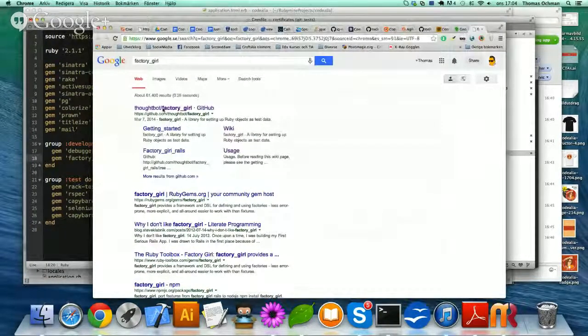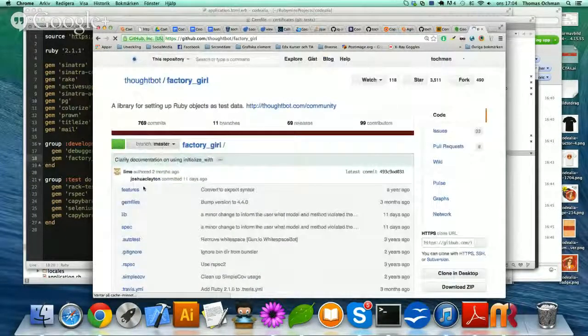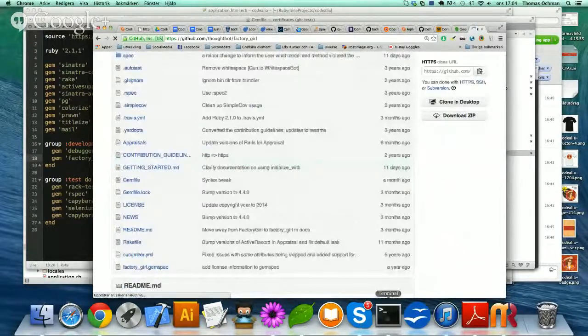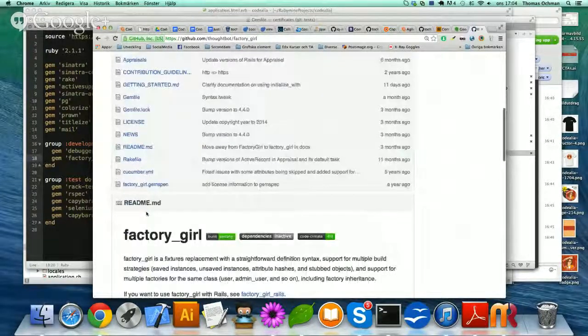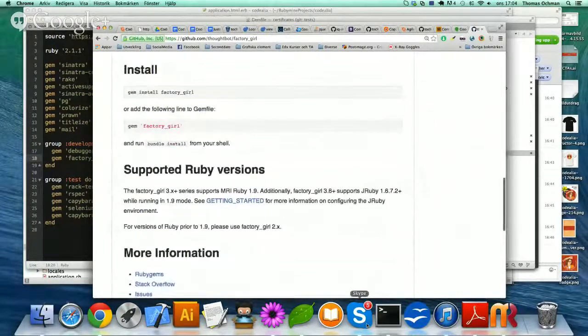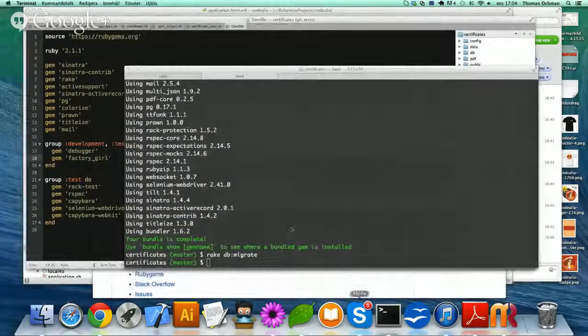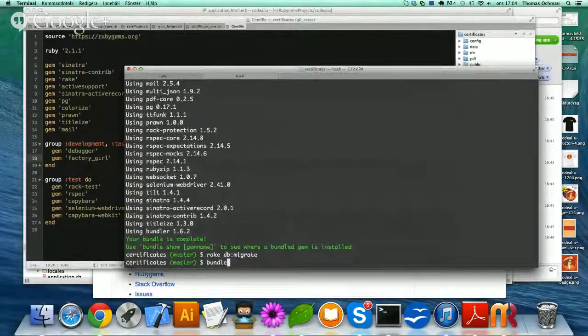There is one Factory Girl for Rails and another one for everything else. So we're going to use the one for everything else. And then now we have to bundle, of course.